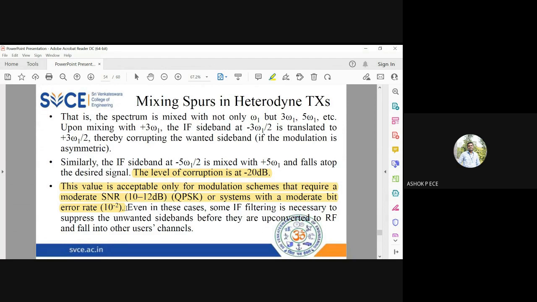So we need to introduce some IF filtering to suppress the unwanted sidebands before you convert them into an RF signal and transmit. Once the signal goes to the antenna, you cannot do anything. So before the signal goes to the power amplifier, we have to do all possible mathematics to ensure that the signal is free from unwanted